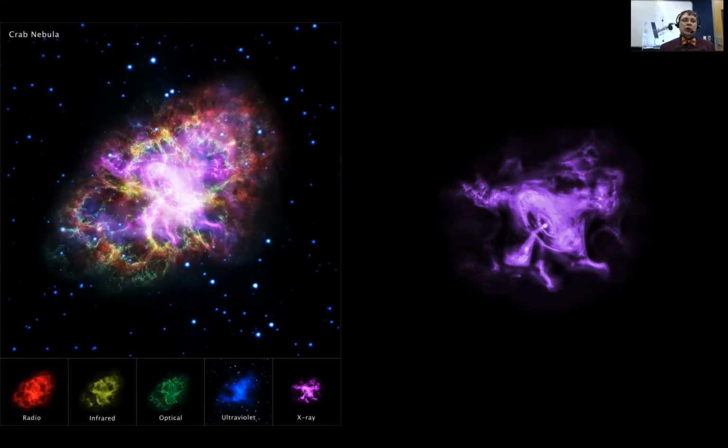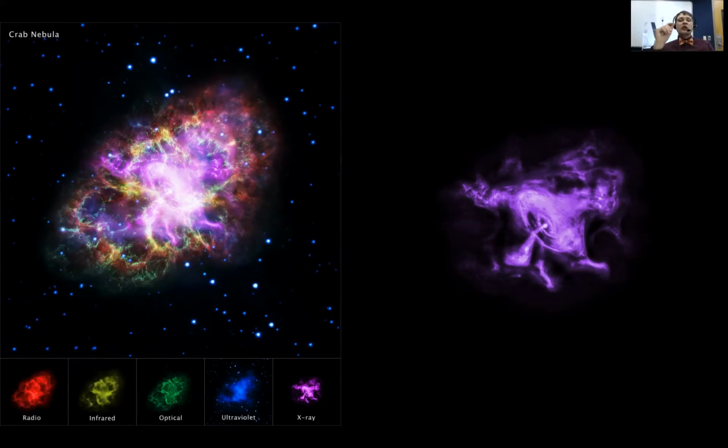Another fun thing about the Crab Nebula is that this neutron star is a pulsar. What that means is that it's spinning on its axis, just like the Earth rotates on its axis, but it's rotating very, very rapidly, and along that axis, it's emitting some really high energy light out, and that beam sweeps over the Earth like a lighthouse.